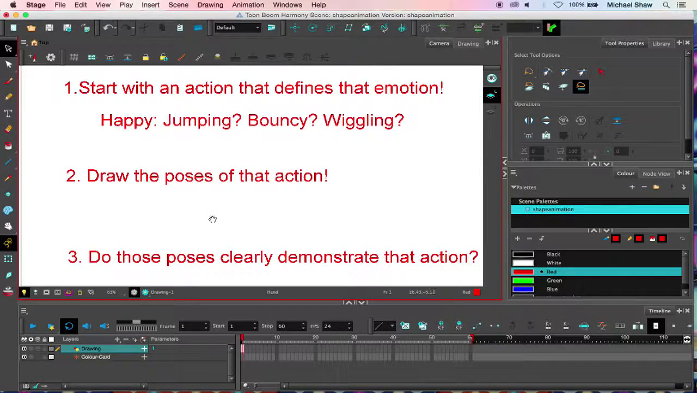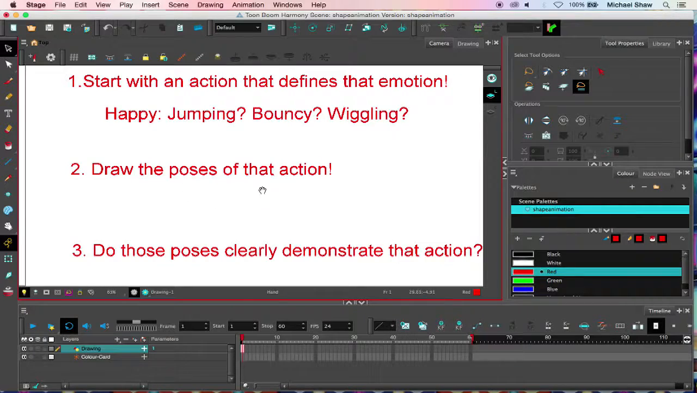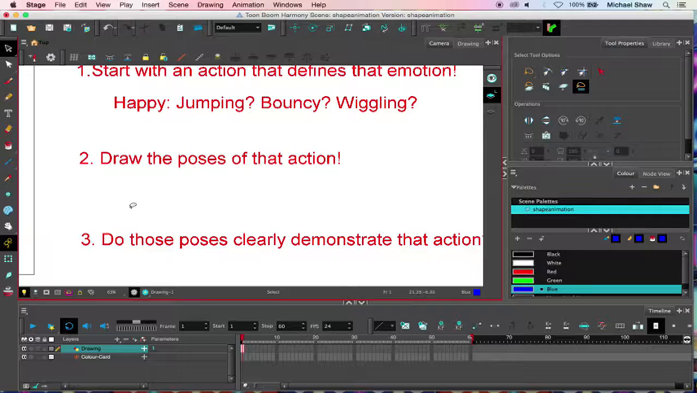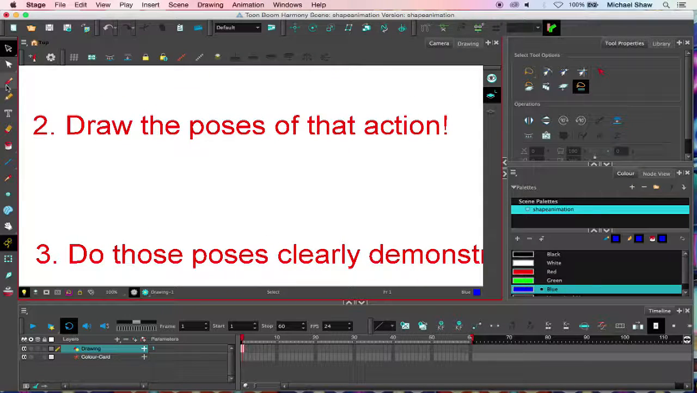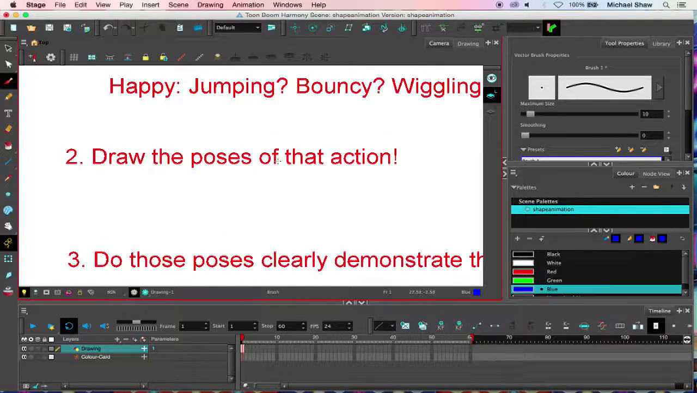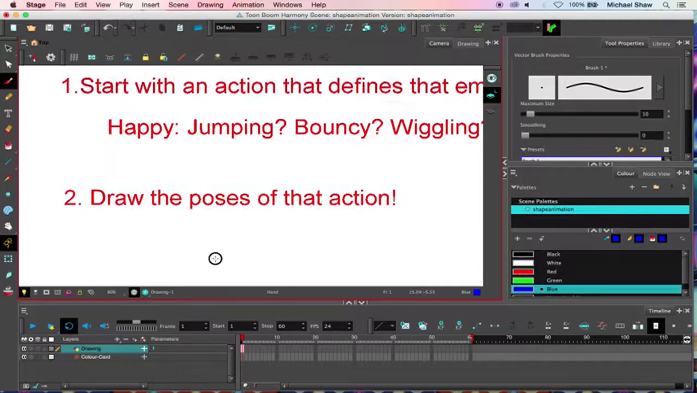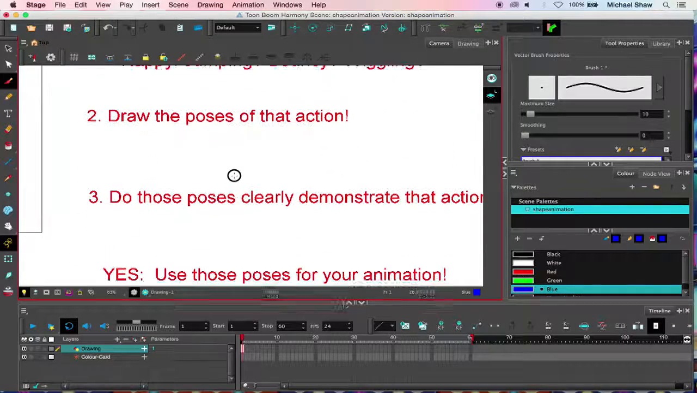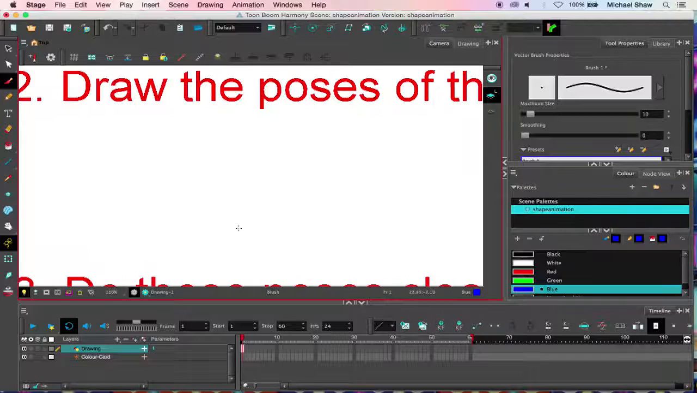Whenever you do this, then you want to draw poses of that action. So let's just say my character is jumping. And these little notes that I'm using on the side are like what you would have in your sketchbook. Anytime that you're ever working on something and you're stuck, give yourself some very simple steps. It makes things easier for you. So maybe